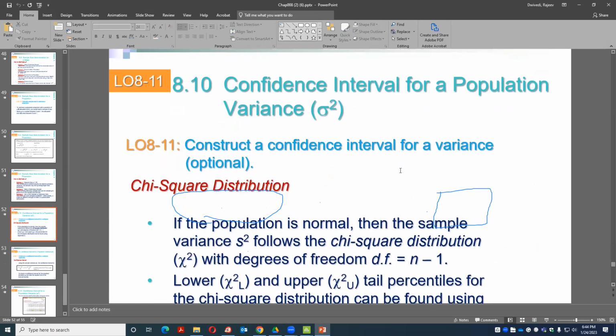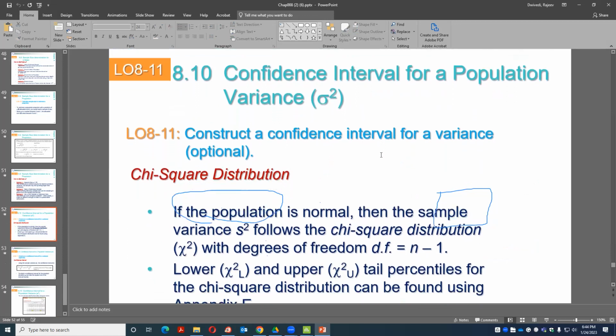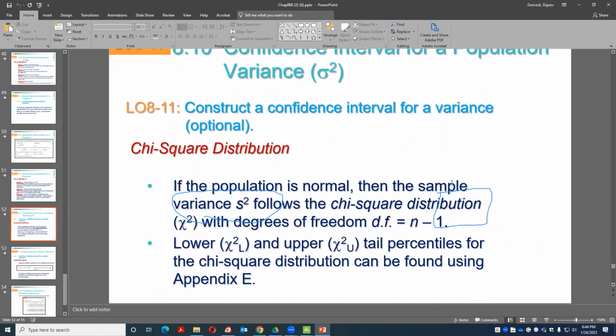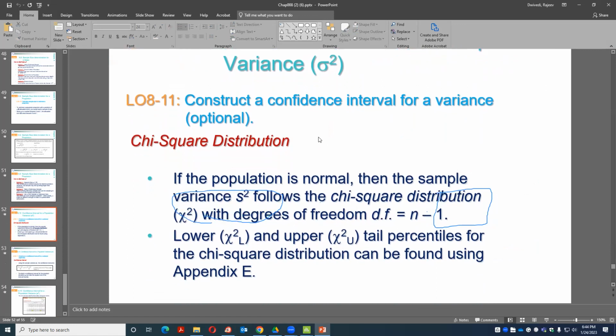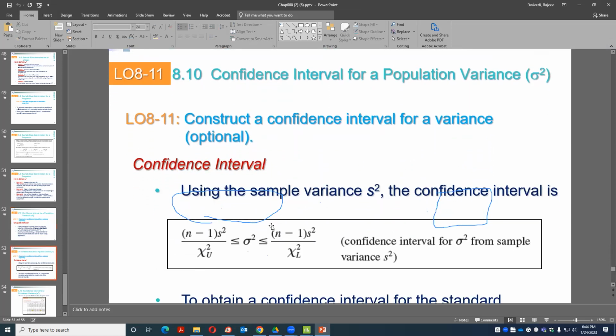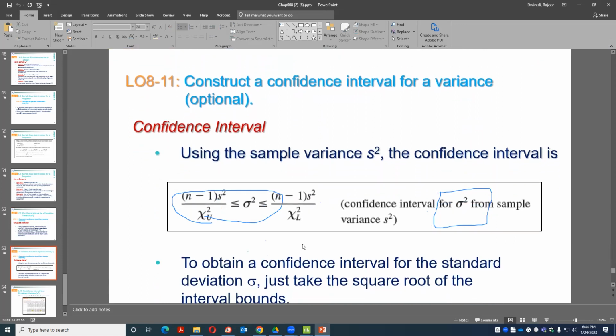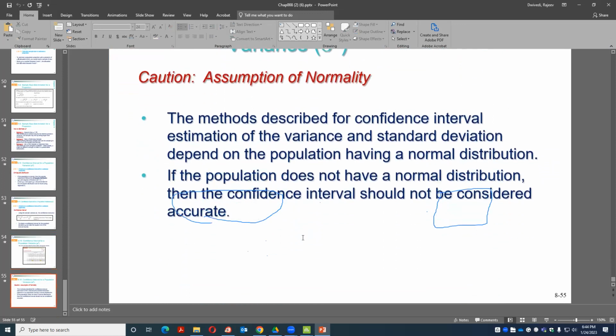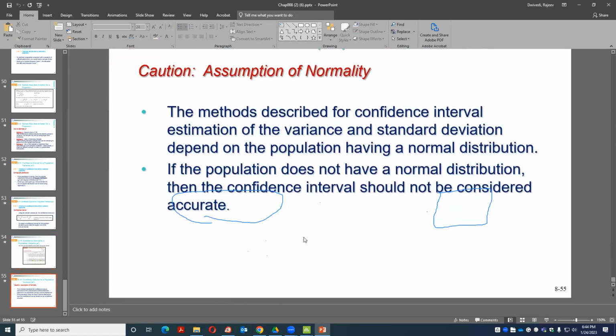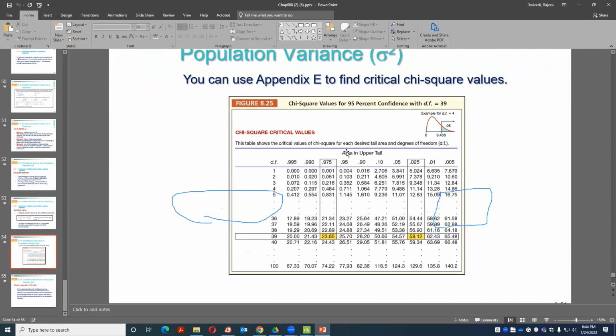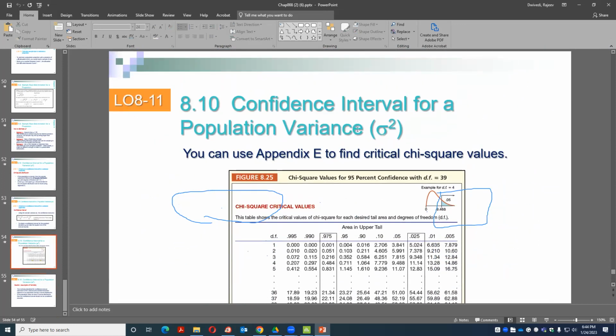The third thing, after mean and proportion, is the standard deviation or variance: how can we estimate it? For that purpose, we have the chi-square test, with degrees of freedom n-1 and upper and lower limits. Chi-square relates to sigma squared, the variance, with lower and upper limits. And how can we do that? Minitab gives us direct results. So this is for variance, proportion, and mean.